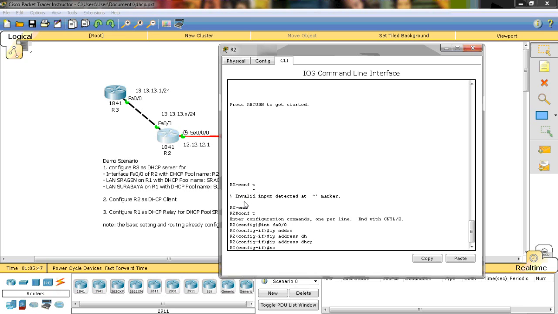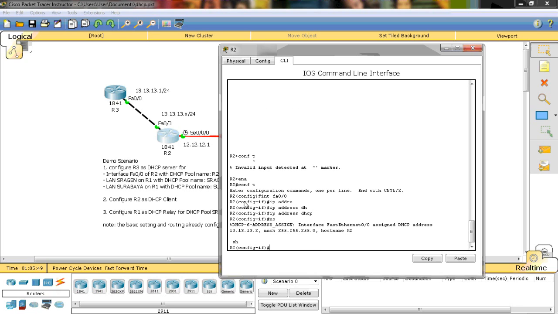Okay, now no shutdown. Okay, we already get the assigned address from the server, which is 13.13.13.2. So we got this IP address with the subnet mask 255.255.255.0.